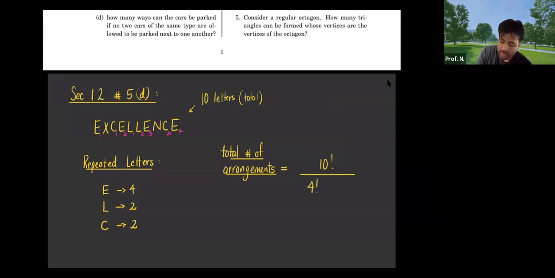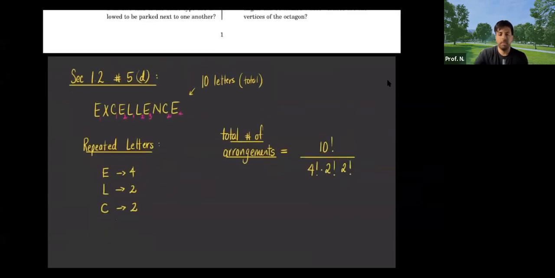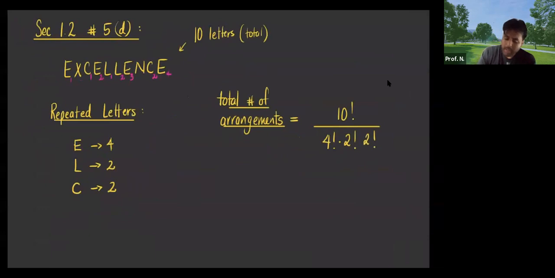So I have to divide by 4 factorial for the E, and I have to also divide by 2 factorial for the L, and then 2 factorial for the C. And so this will be the number, right? Very good, Christian, that's right. And so then